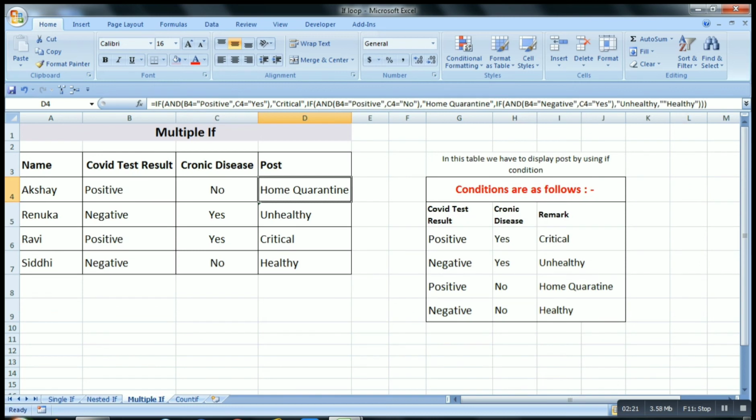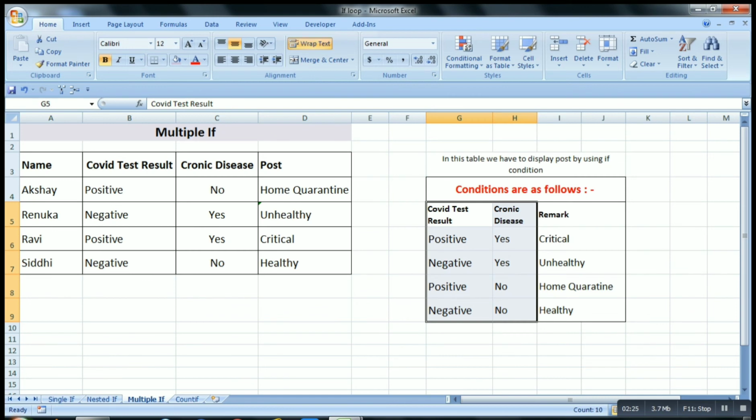Now let's see multiple IF statements. This is our example. Now we have a combination of inputs. Till the last example, we had a single column as input. For this multiple IF, we have two columns to use as input data. Here, the first is COVID test result, the second is chronic disease.